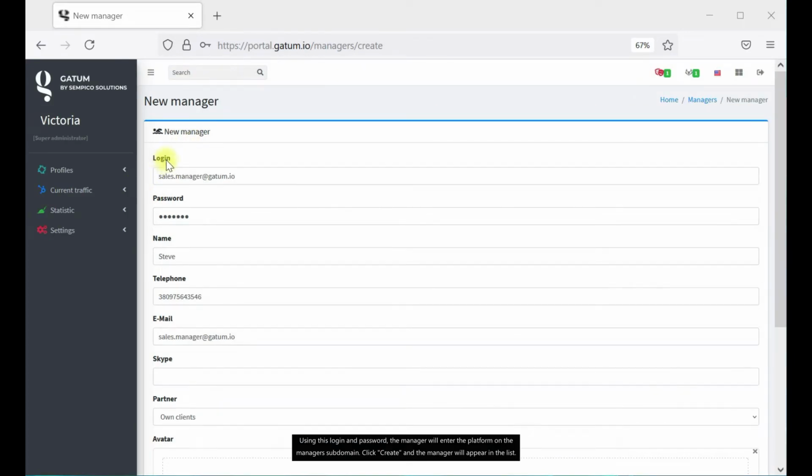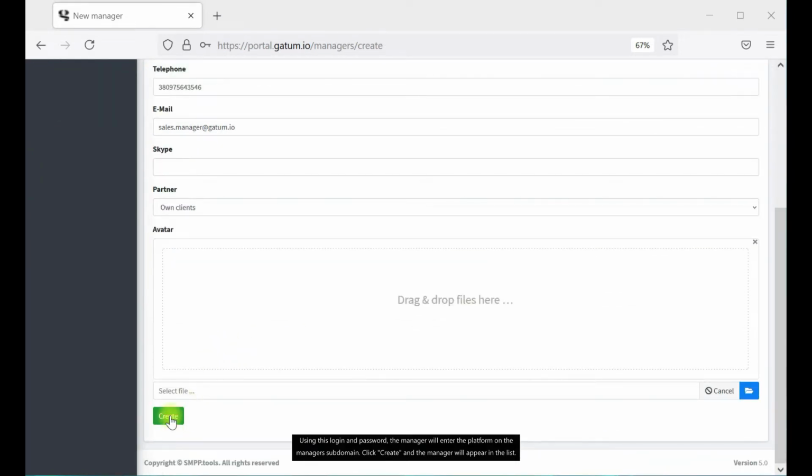Using this login and password, manager will enter the platform on the manager's subdomain. Click Create,